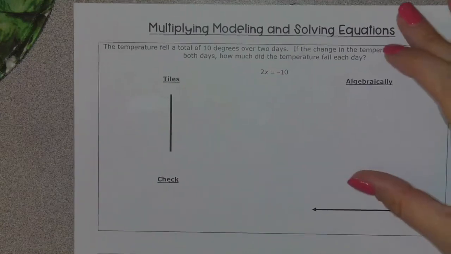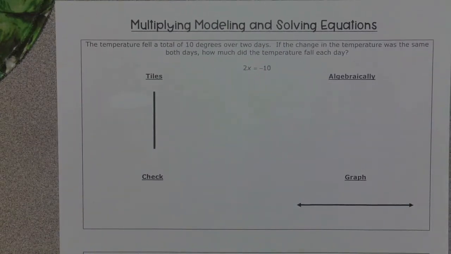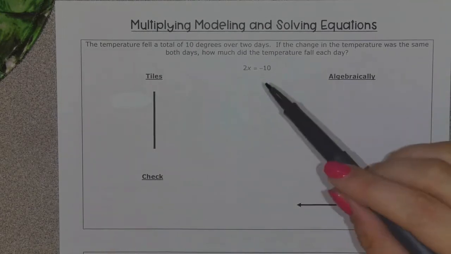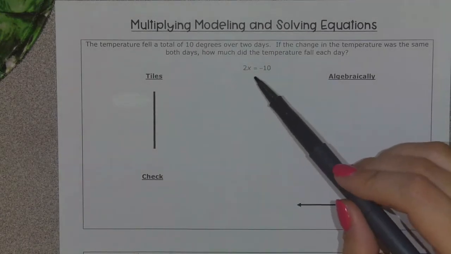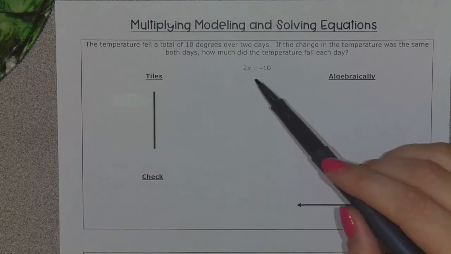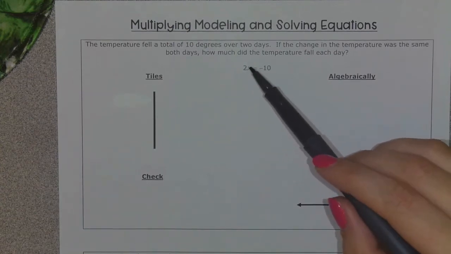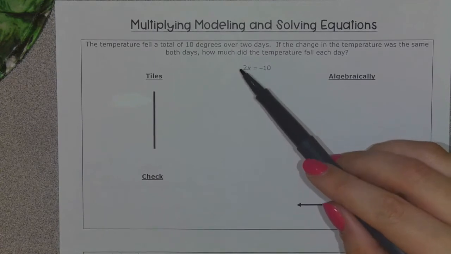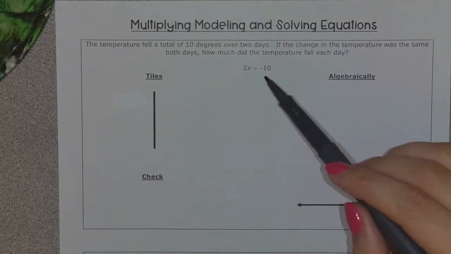All right, so let's talk about solving one-step equations by multiplication. Problem number 1 says the temperature fell a total of 10 degrees over 2 days. If the change in temperature was the same both days, how much did the temperature fall each day? And they gave us our equation here of 2x equals negative 10. So again, x is our change in temperature for each day, 2 is the amount of days, negative 10 was